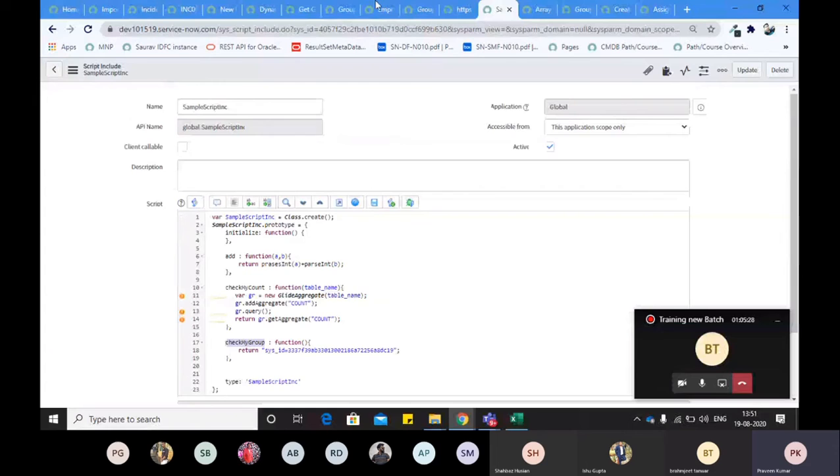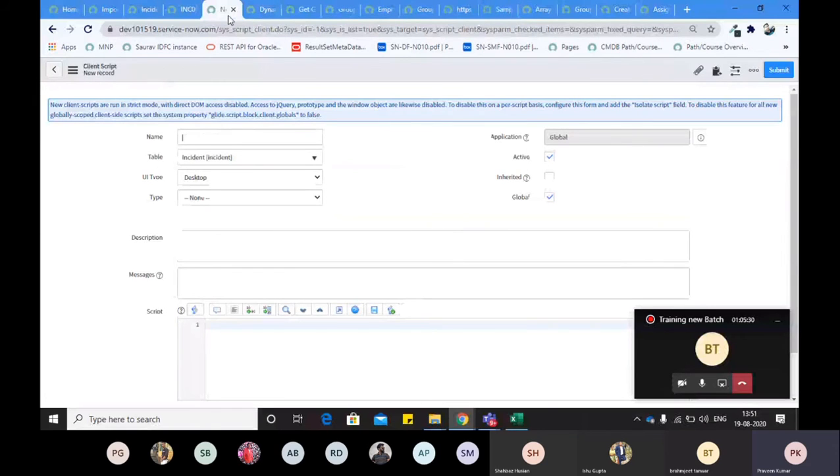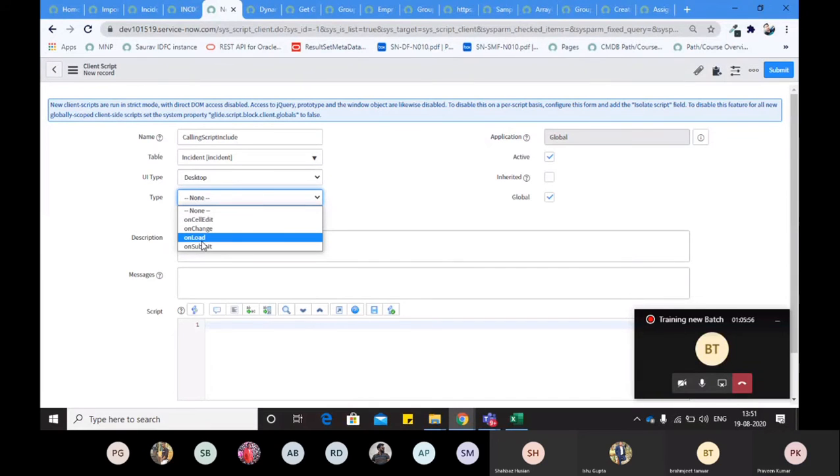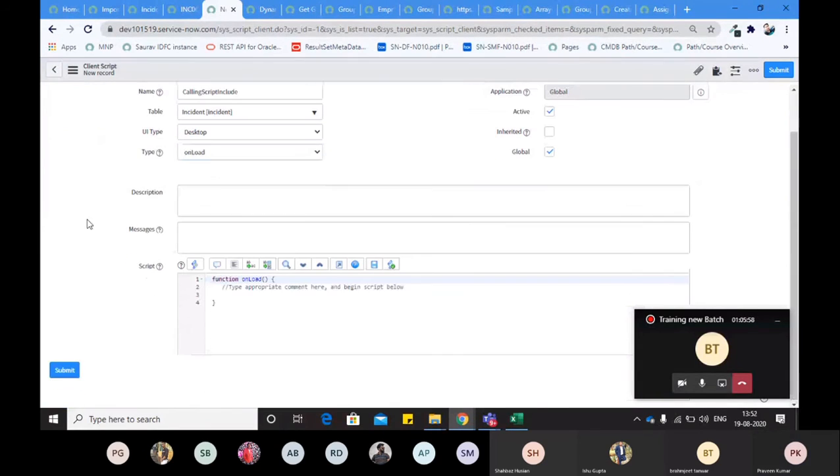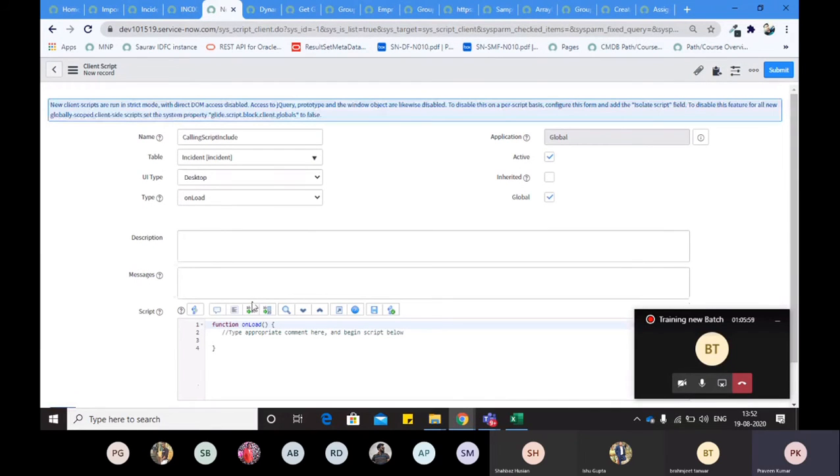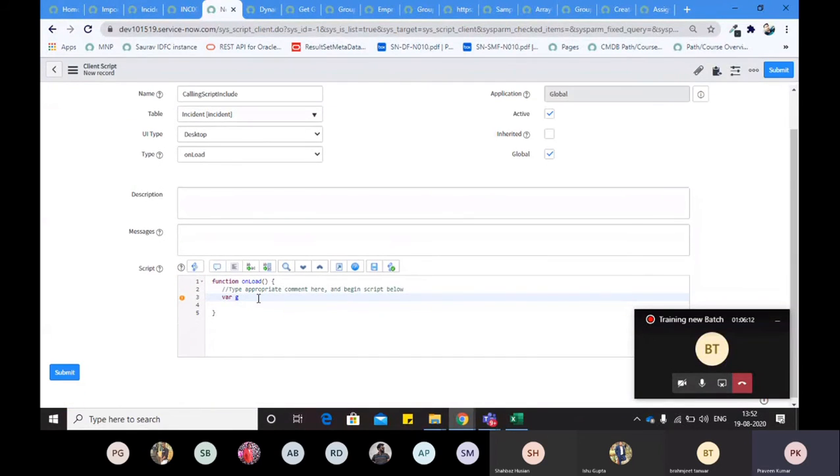So for example, I am creating an onLoad kind of client script. When you want to call a script include from the client script, you have to use GlideAjax.